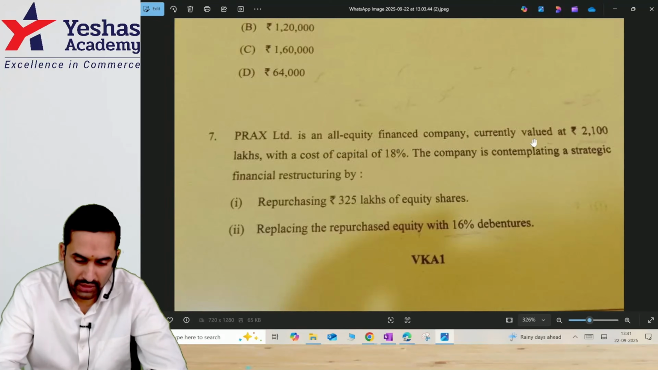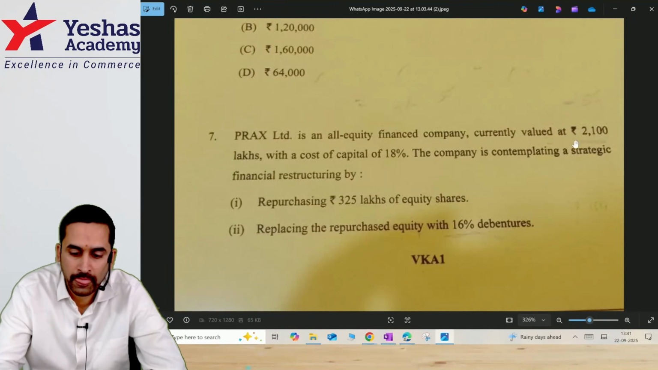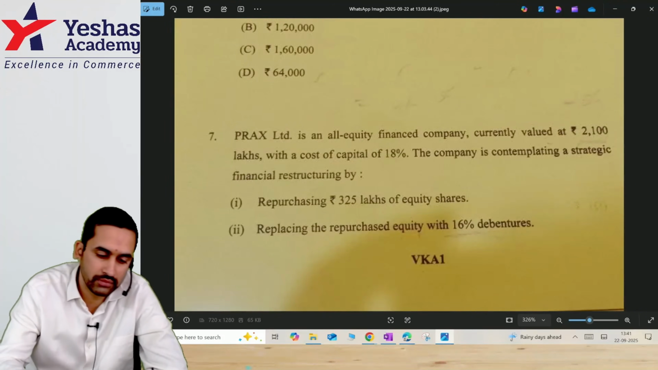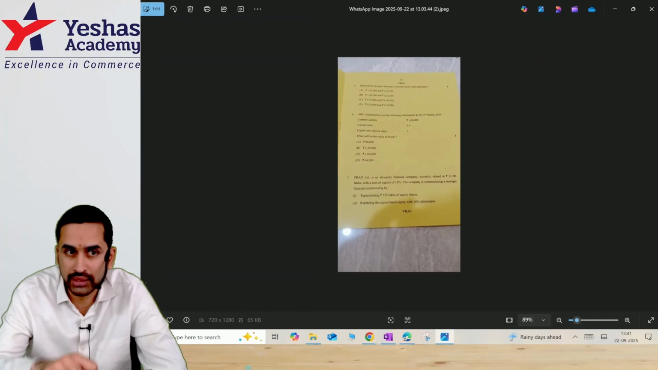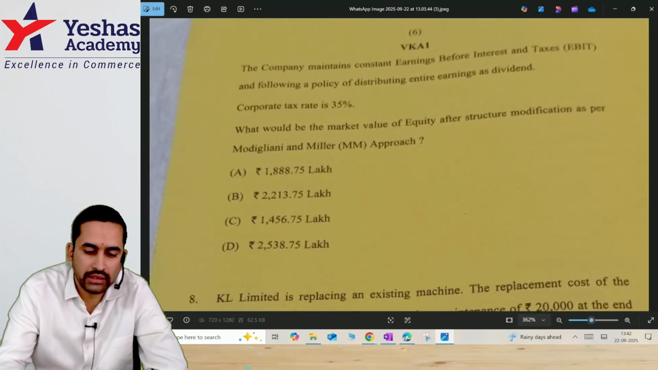All equity finance company currently valued at 2,100 with cost of capital 18%. When it is an all equity finance company, KE itself is KO, correct? And 2100 is the valuation. They are planning a strategic financing restructuring by repurchasing 325 lakh equity. They want to do buyback. Now to do buyback you need money. For that they will issue 16% debenture. We have done that stop go sum in the class before buyback, after buyback, correct? And if you remember, even in study material there was a similar question, buyback sum,